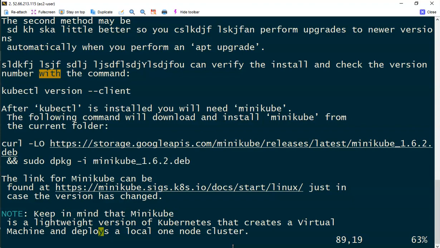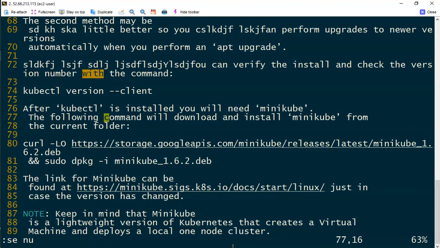Next is the M character. M is very special. This is probably one reason why we want to stay in an editor without quitting it. If you want to edit also, you can do a lot of other edits. M is for marking. Mark a line so that you come back to the same line later. So for this purpose, let me set a number for each of the lines.